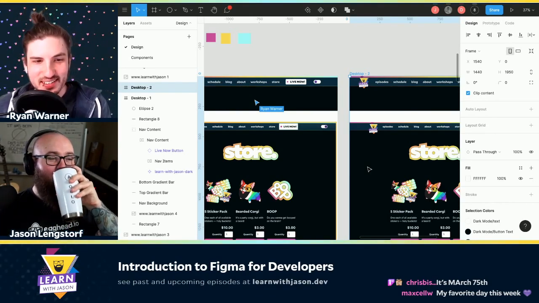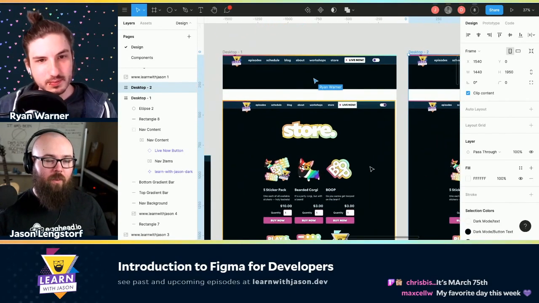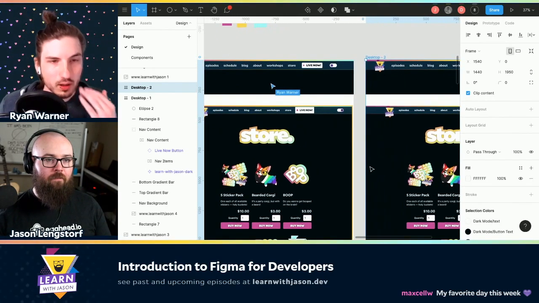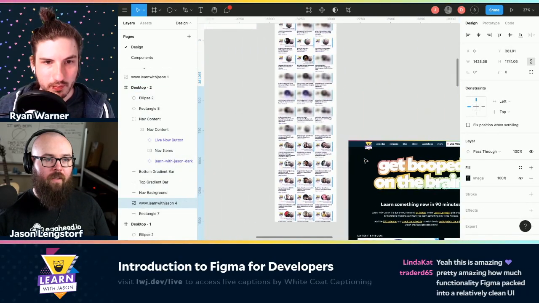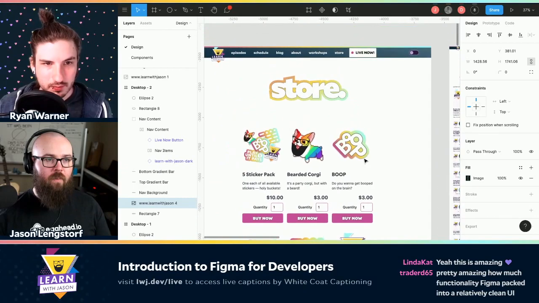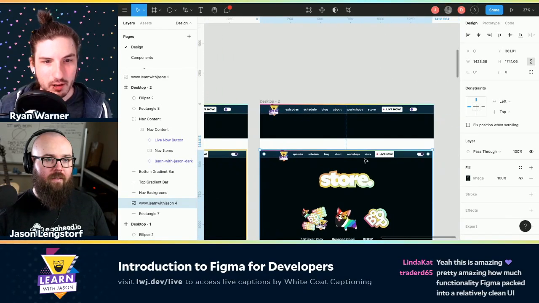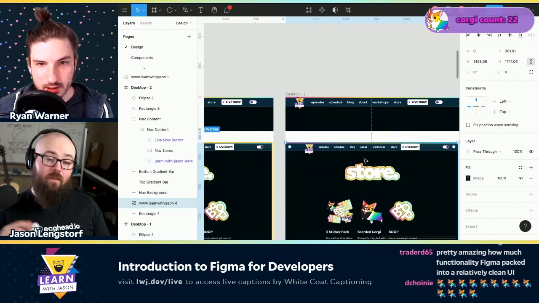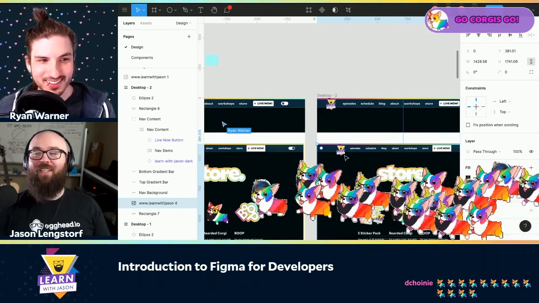It's March 75th. Okay, so I've created a duplicate here. I actually think, if I'm remembering correctly, I don't think I changed my nav between the light and dark mode, but let's do it. And the background color does change. Everything else is the same, I believe, but the background color changes. So maybe before we duplicate, here we go.